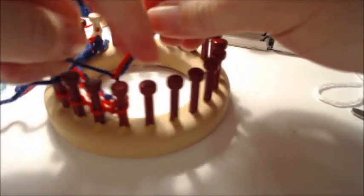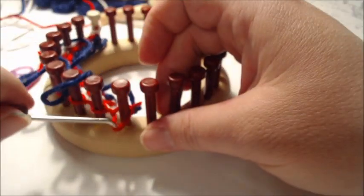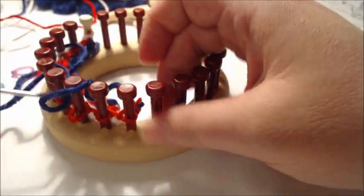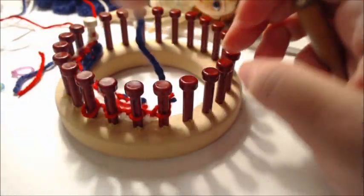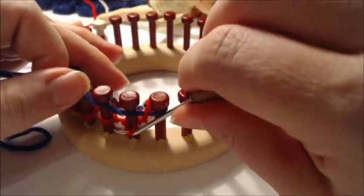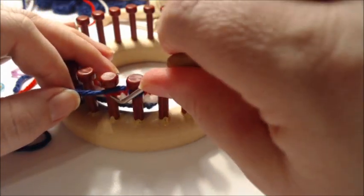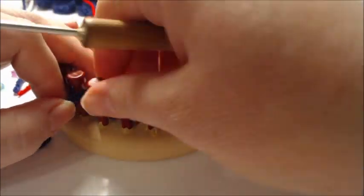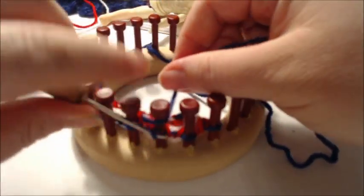And pull, and snip, and loosen, okay, and then we do 1, and then you bind off, and that gives you your second row thickness. Okay,